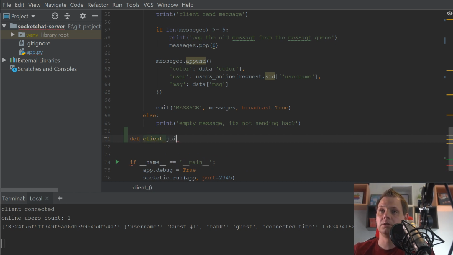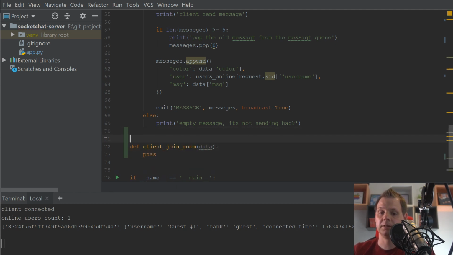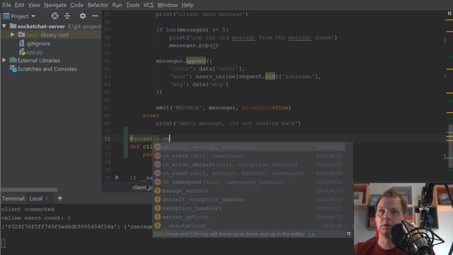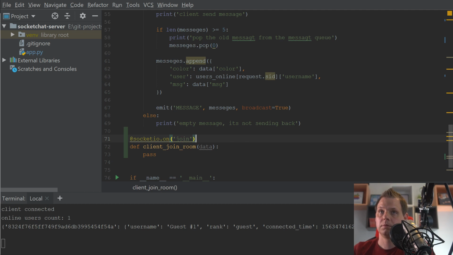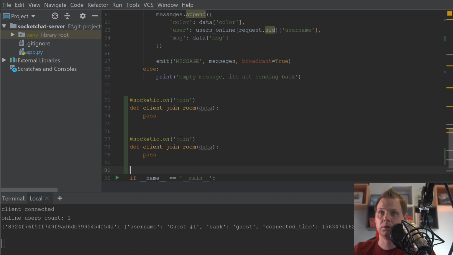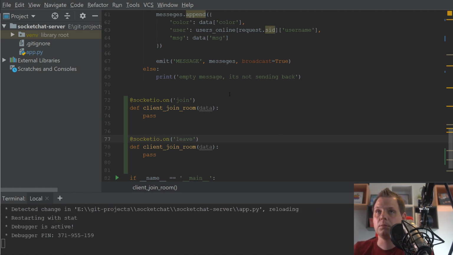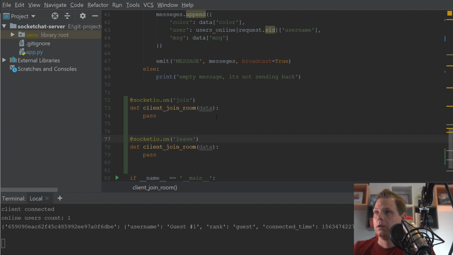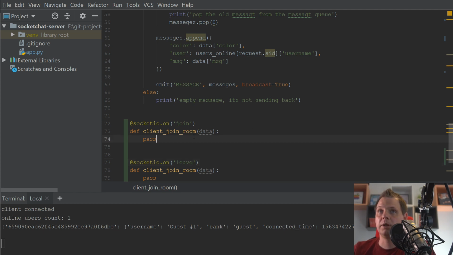We'll call it client join room, data, and pass it inside here and say socket on join. And we want one here on, call it leave. Leave, yes. And we need both functions. And then we are ready to build the